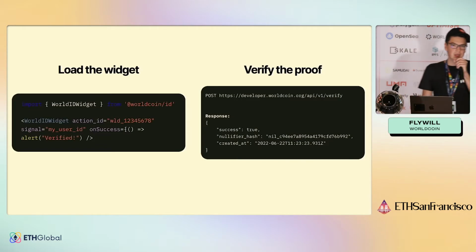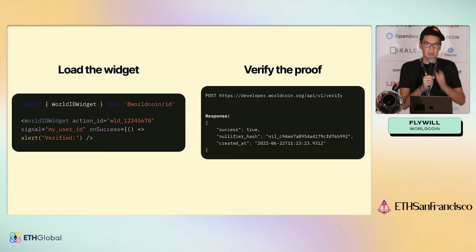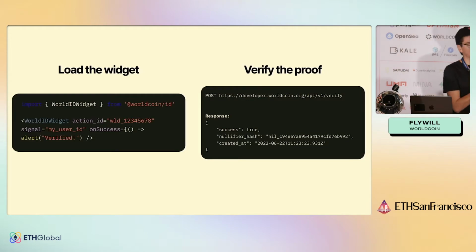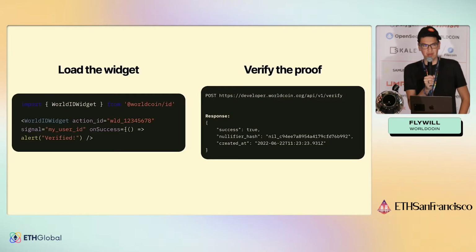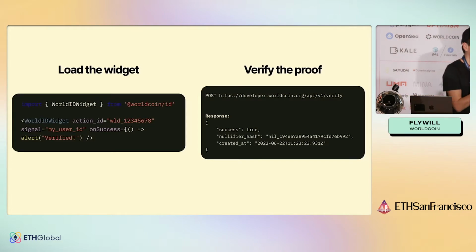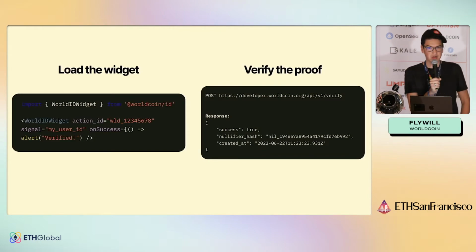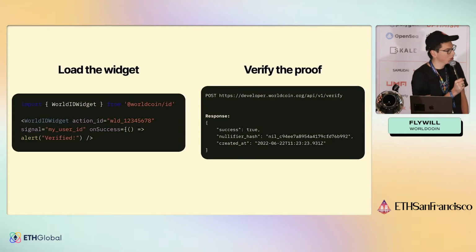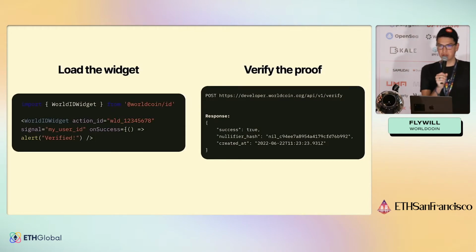And the signal is this additional security measure that you can make part of the zero knowledge proof to prevent tampering with the proof. So for instance, let's say you want to do an airdrop and you want to make sure that you cannot tamper with the proof so that another person receives the airdrop. If I set the wallet address of the recipient as the signal, and then I'm a malicious user who intercepts your zero knowledge proof and change it to my address, the proof will become invalid.